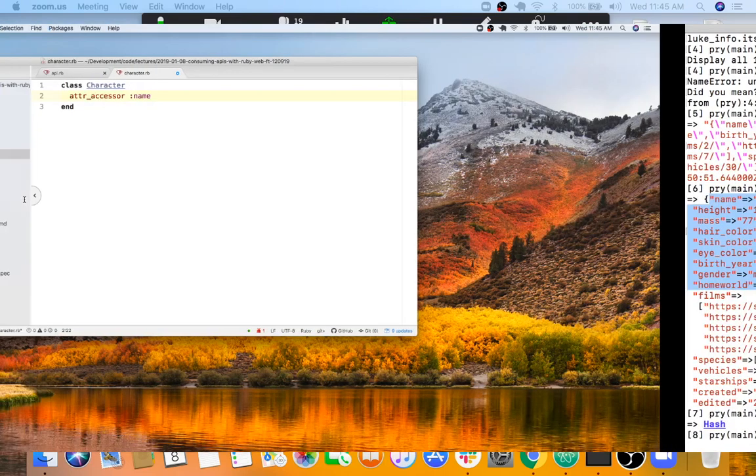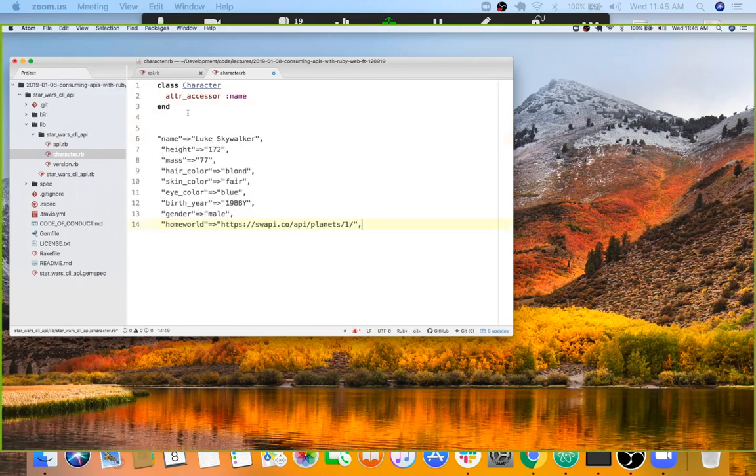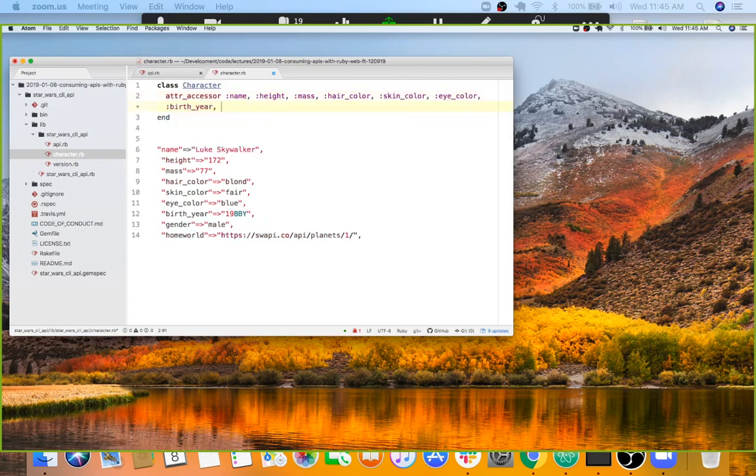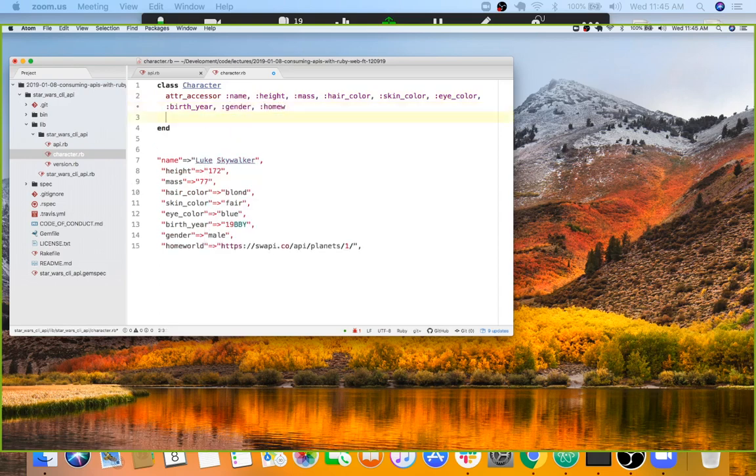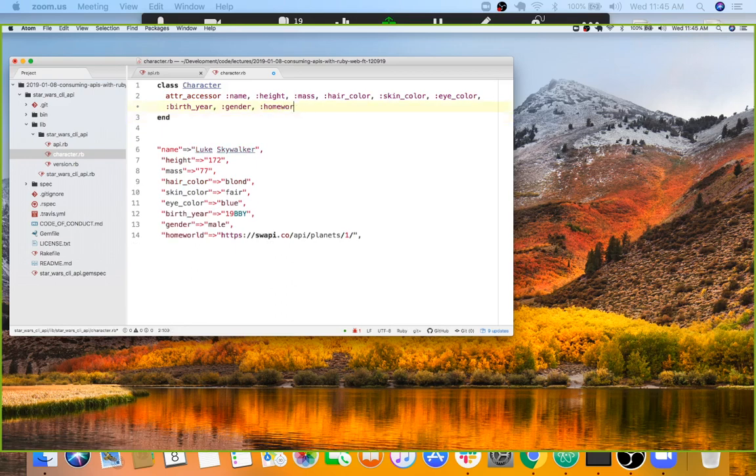And I'm just going to literally copy and paste because I know the information that I'm getting. So name, height, mass, hair color. Do we really care about hair color? Skin color, eye color. Man, these are detailed, huh? Birth year, gender, and home world. That's all we're going to look at for now. This is more than enough. Okay, so I've got my adder accessors,